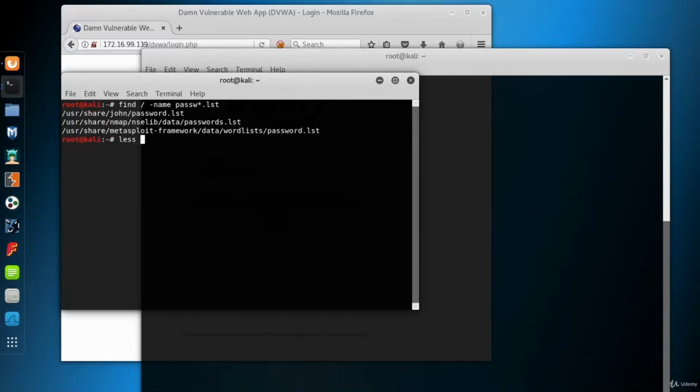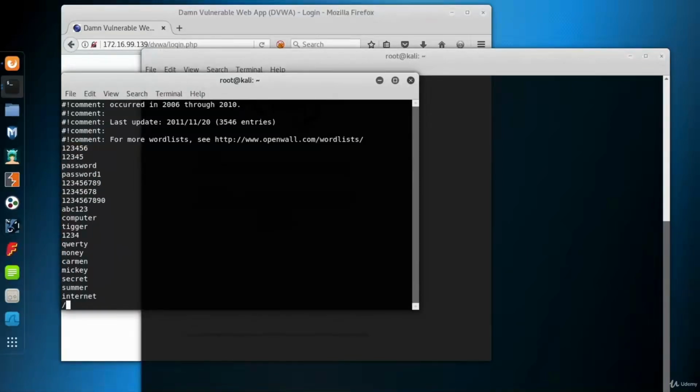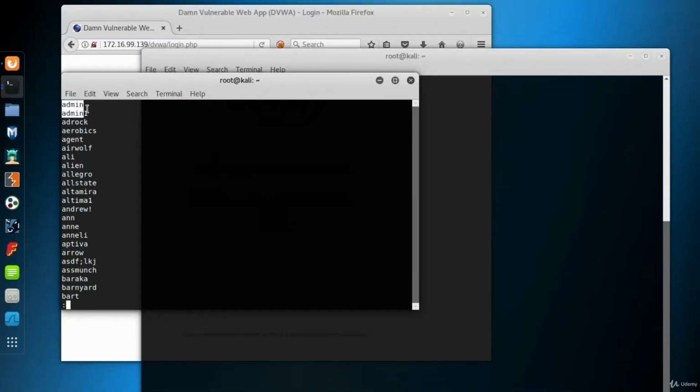I found a few, so let's look at the contents of one of them using the less Linux command. You can search a phrase with / indicator within the less command. So I look for admin if the word exists in the dictionary. Well, because I know the password of the admin user is admin, and I want to show you a successful attack,